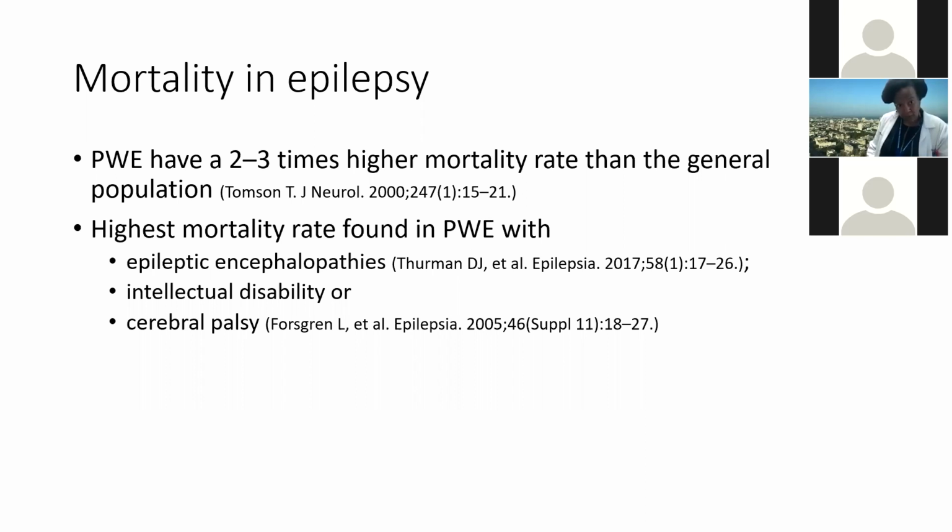Okay, and one more thing before I move to the next point that I want to mention. In mortality in epilepsy, some is related to epilepsy, we have accidents, we have deaths. But mortality in epilepsy, particularly in adult epilepsy, is related to lack of preventive care. This group has heard me talk about that before. Young adults who have epilepsy and developmental epileptic encephalopathy need a primary care physician. Going to the epileptologist alone once a year is not enough, okay?